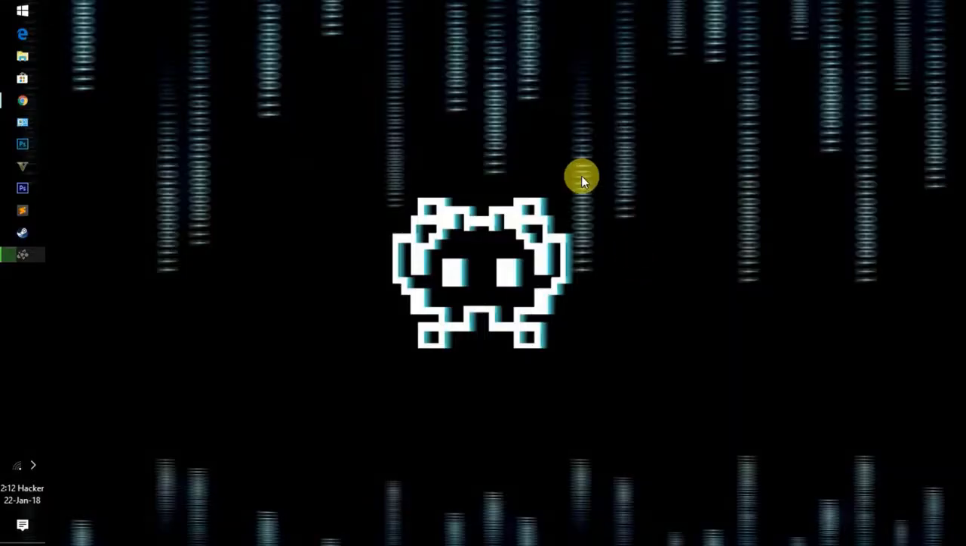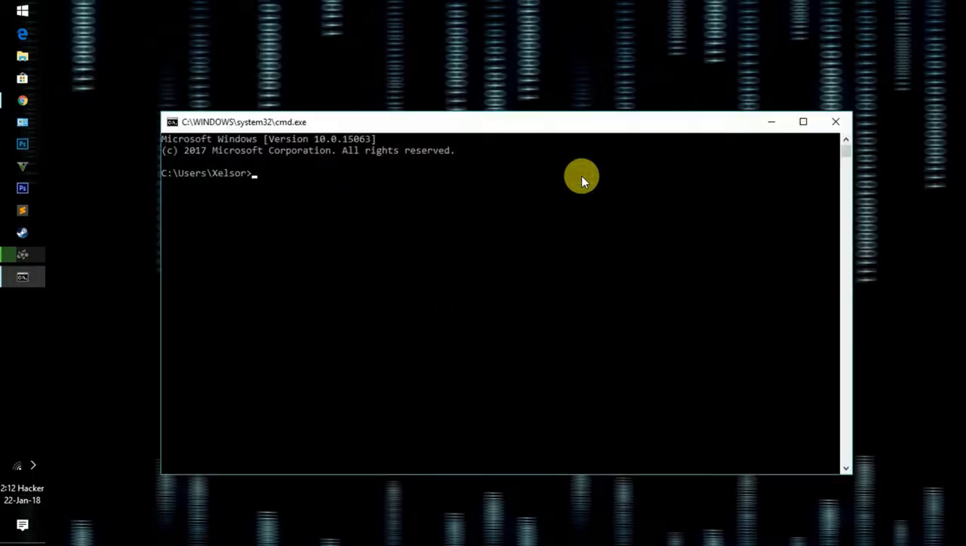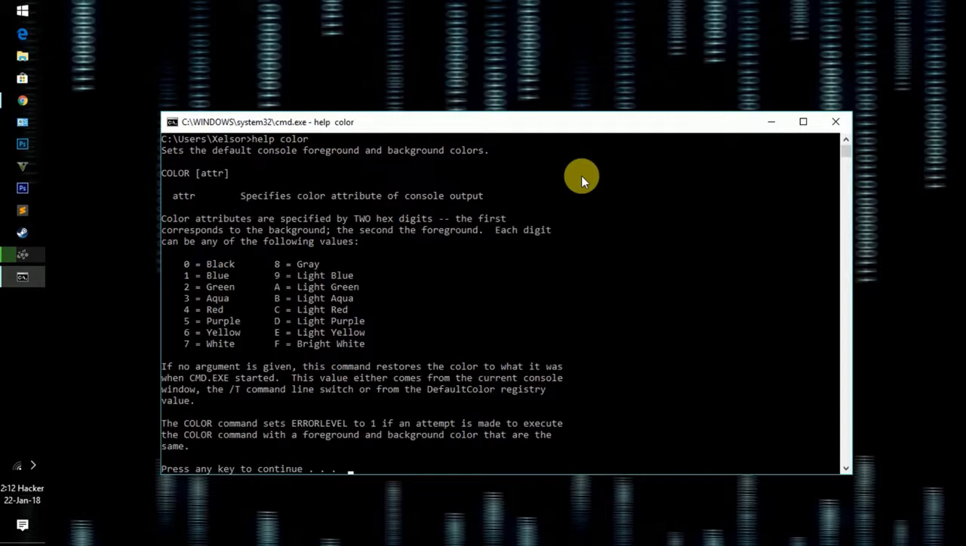Hey guys, in this video I'm going to show you how to change the colors in the command prompt text. So let's get started. First we are going to need to open the command prompt. Then we will type help color. And as you can see, there are a number of codes which are assigned to each color,